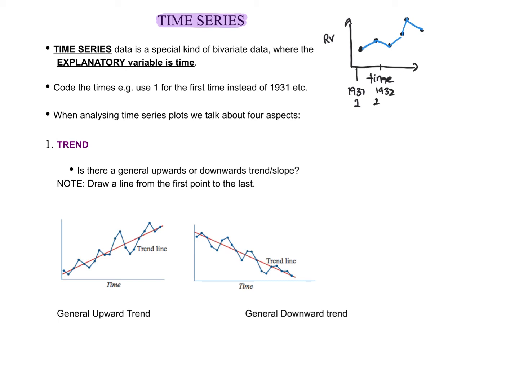Sometimes it's called a time code. Depending on where they started their investigation, they might say number 1 represents 1980, and so on. So not all the time can we put in the years. We might be able to put in 1931 as the year, that's fine, but sometimes we will use a